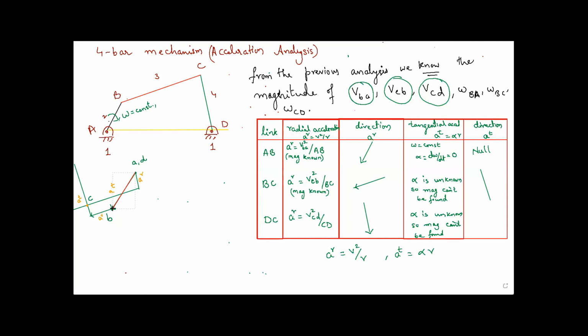Now coming to the second link, we have BC, with radial as well as tangential components, right? So this is the radial direction, this is the tangential direction. Just connect these both, radial and tangential. See, I'm connecting these both. So this is the resultant vector. I hope you understand what a resultant vector is, right? Looking at the directions, I'll show you what directions I'm talking about in just a moment.